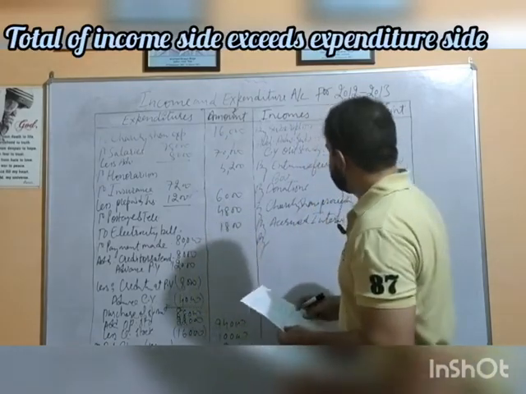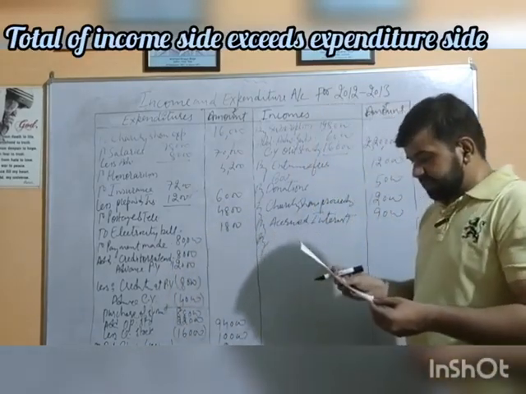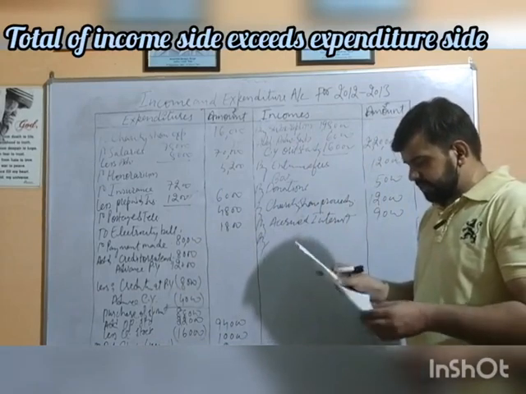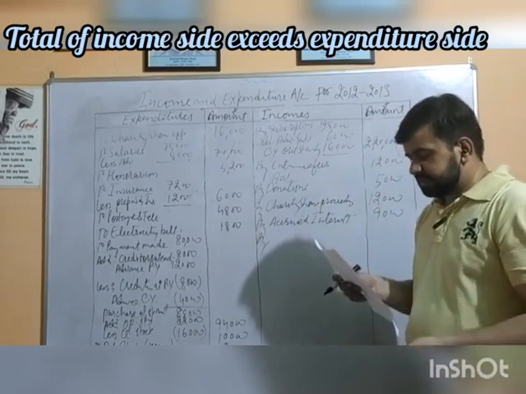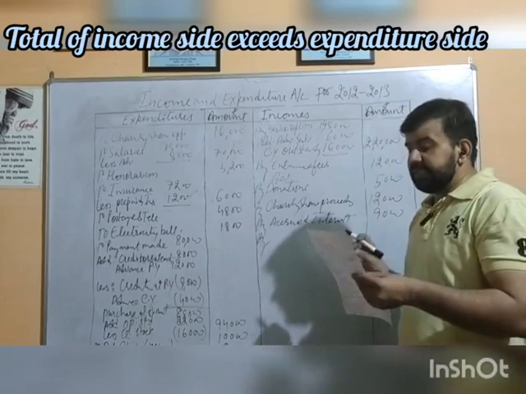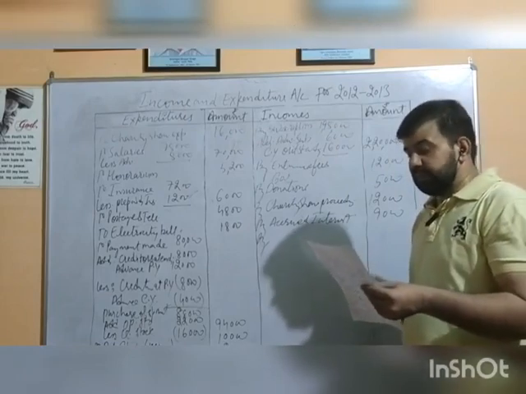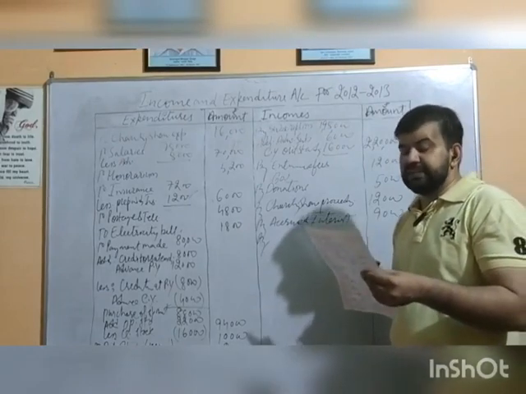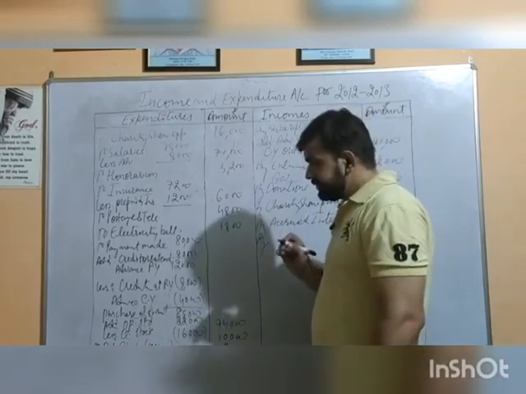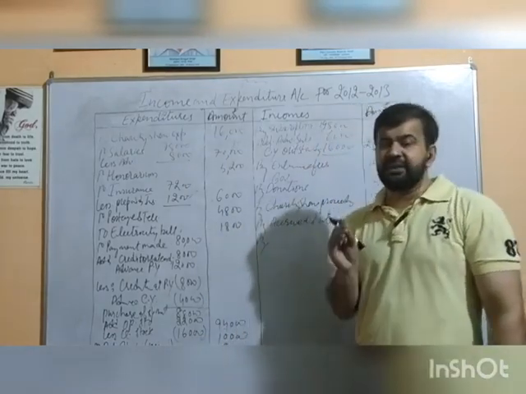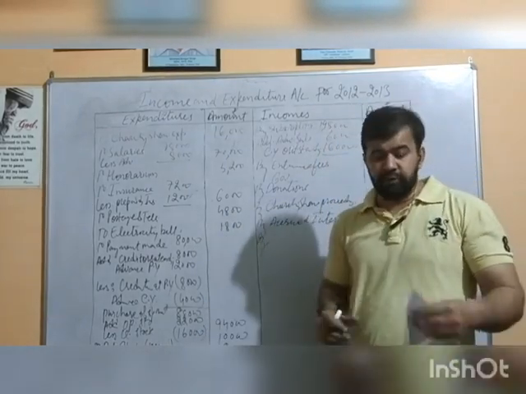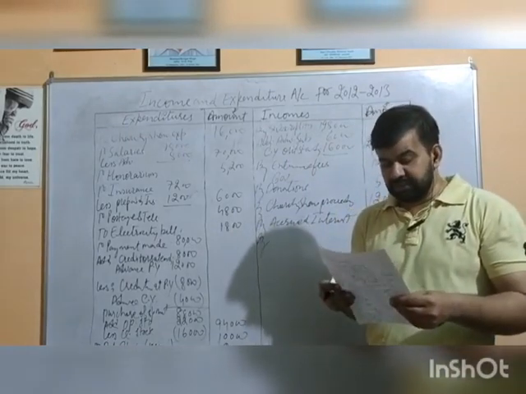Then let me check what else we are having here. We are done with the receipt side of our receipt and payment account. Then we are ready for adjustment. Subscription is done. Salary. Salary includes 8,000 paid for 2012-13. It is to be considered as salary paid in advance. This is going to be our asset and we have to show this on the asset side of the closing balance sheet. Then insurance premium we have shown.